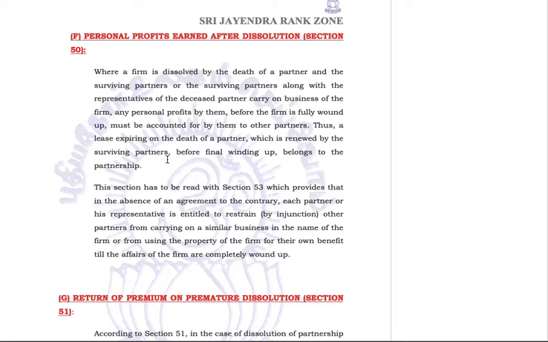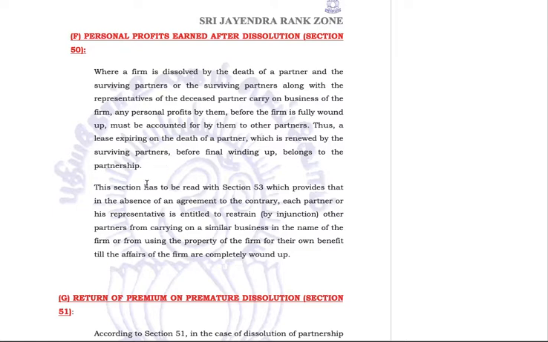Okay, so if the accounts are not settled for a partner who has died, or you are continuing the business even after dissolution of the firm in the firm's name, then whatever profit you are making in the name of the firm, you have to share it with the partners of the firm. Or if you have not paid the share to the dead partner and you are using his share, then you have to pay this share and the profits to his son or